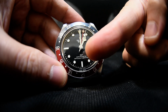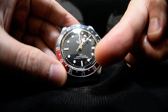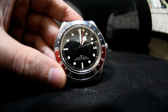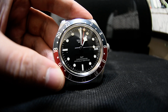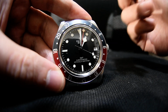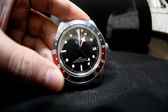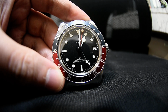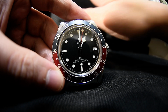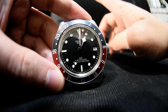Even though here we can see GMT written, it says GMT chronometer officially certified, so COSC. But I've been wearing this for about 2 to 3 weeks, and I will tell you, I found that this watch gained only about 2 seconds a day, so very impressive really. So 2 seconds a day is basically super COSC. It's not COSC, because COSC is -4 +6 seconds, but this one only gained about 2 seconds,